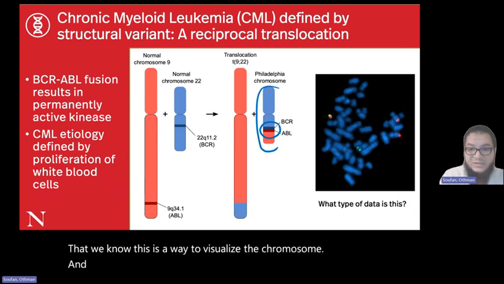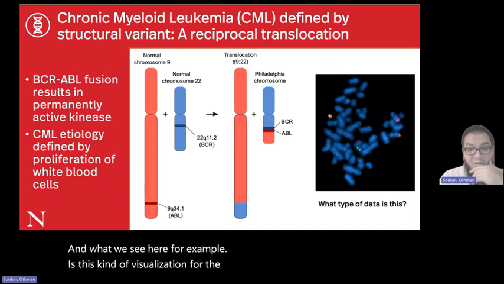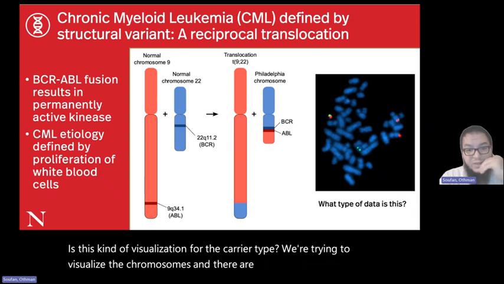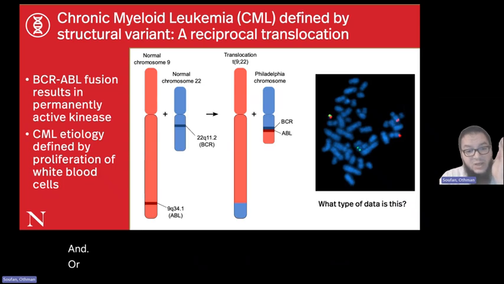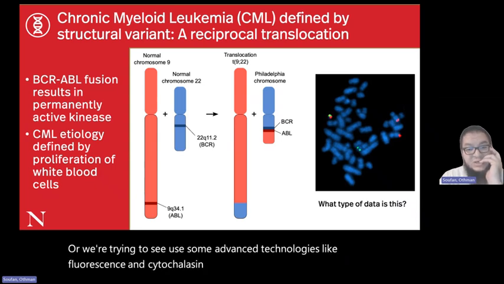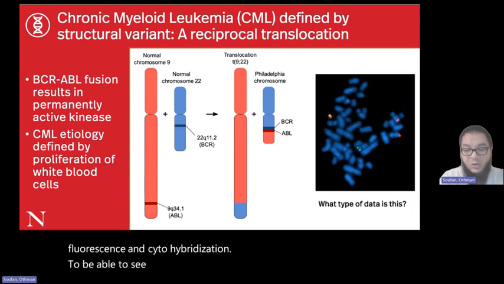What we see here, for example, is this kind of visualization for the karyotype. We're trying to visualize the chromosomes under a microscope, and we're also using some advanced technologies like fluorescence in situ hybridization to be able to see the overall changes,